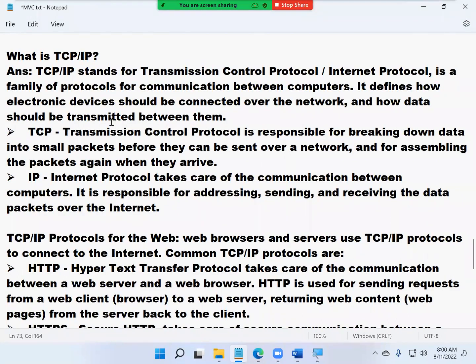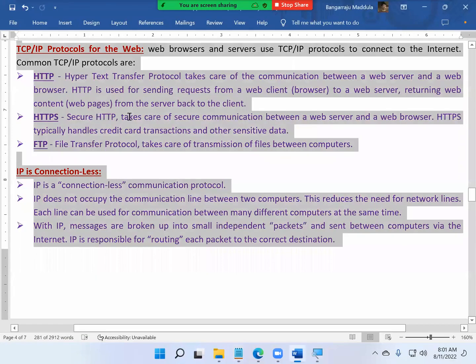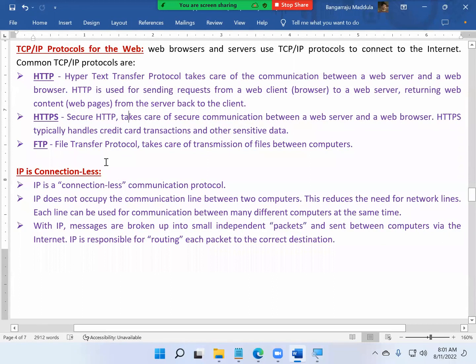I said this to you yesterday, no? It will break the data, send the data, and on the other side, all the data is going to be assembled. So that's the role or duty of TCP. Next one, IP. It takes care of communication between computers, responsible for addressing, sending, and receiving the data packets over the internet. Last day, I said this to you already. What I was telling you is, the IP job is postman job.